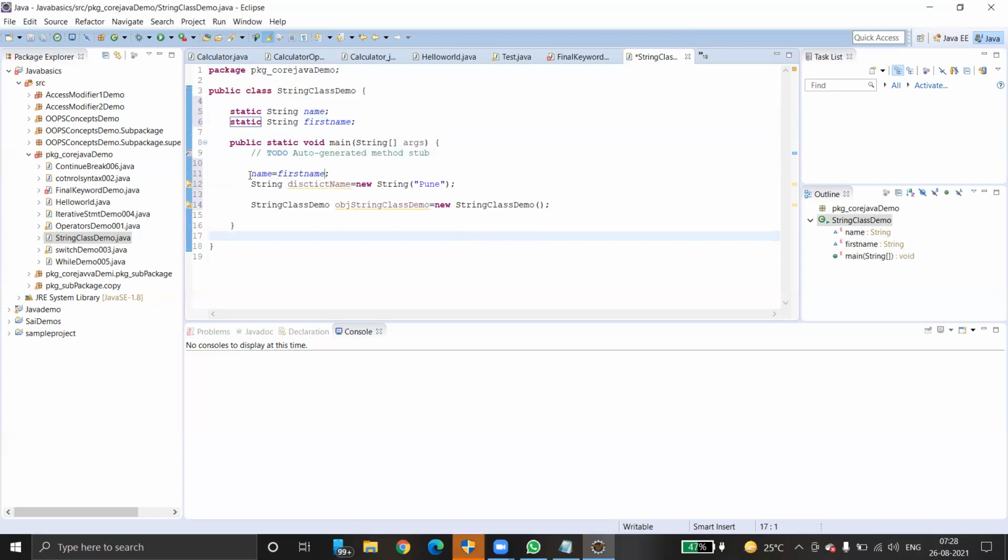See, in this case, what happened, it does not create two memory locations for name and first name, because we are not using the new keyword. Whenever you use a new keyword, then only the compiler will allocate some memory to the object. Both are not objects, they're actually literals. Literal means it simply creates a variable, but memory is not allocated. Whenever you initialize or assign the value, then only it will allocate some memory.